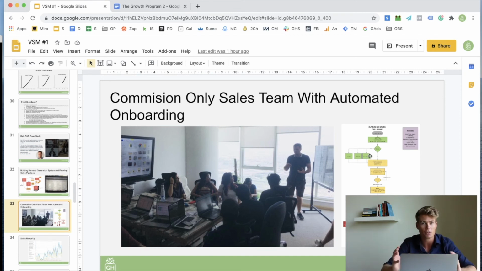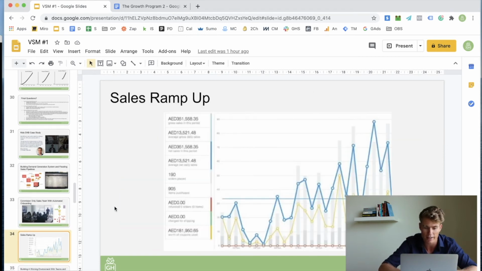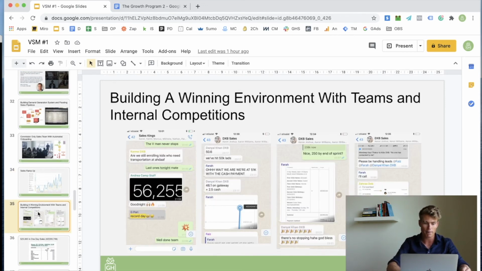We got up to 20 people working on that at times, and this resulted in a really good sales ramp up. So this was one of the months when sales started to increase from our live WooCommerce dashboard. And this is what a buzzing sales team should look like. We did things on WhatsApp initially and then migrated things over to Slack, but you can see really high revenue numbers being posted. That's nearly $15,000 in one day,